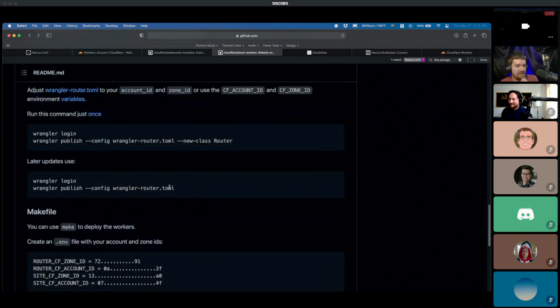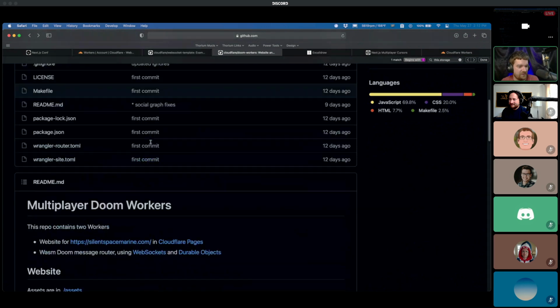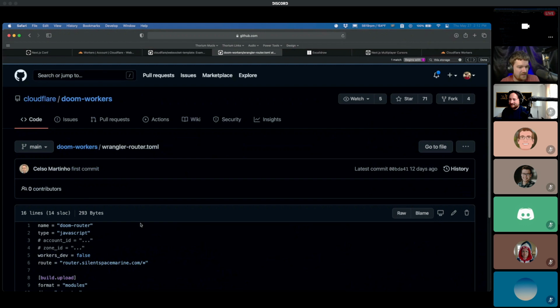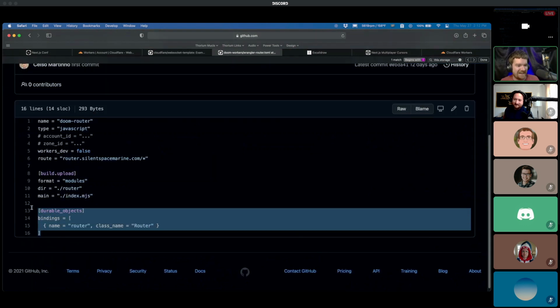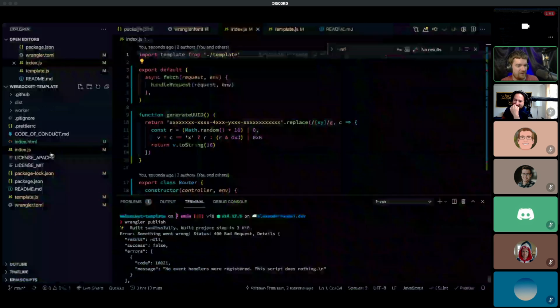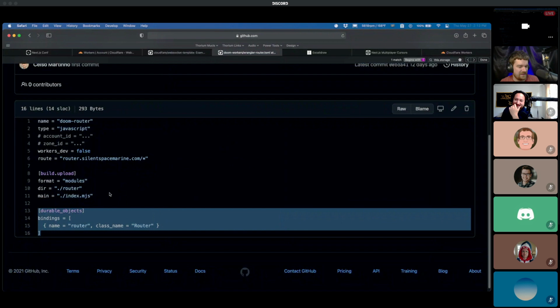Oh, interesting. Look at that. That's the way that they're publishing it. That's how you tell them that this is the durable object. Let's take a closer look at that router.toml. Ah, that's where they bind it together. Ha, so we've got to update our router.toml. Put that there, and then